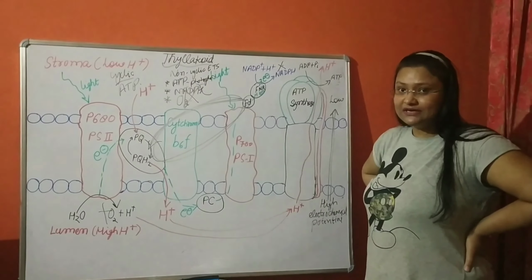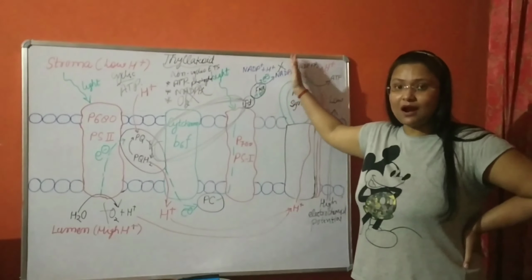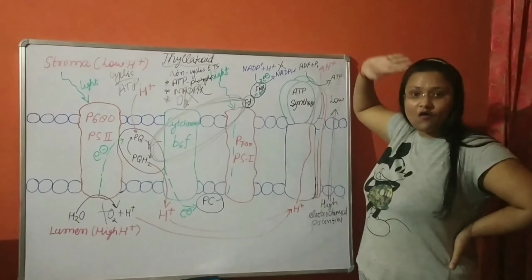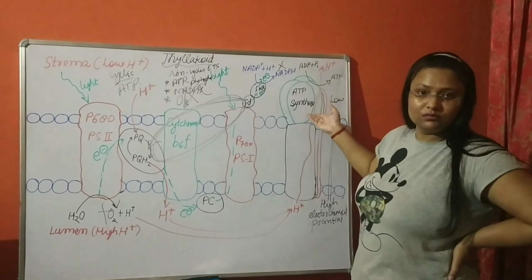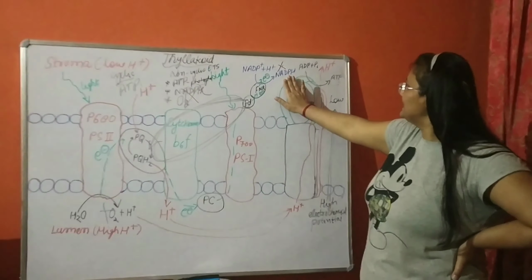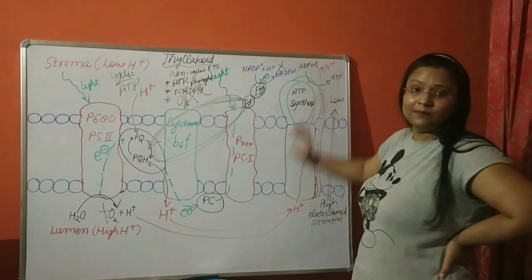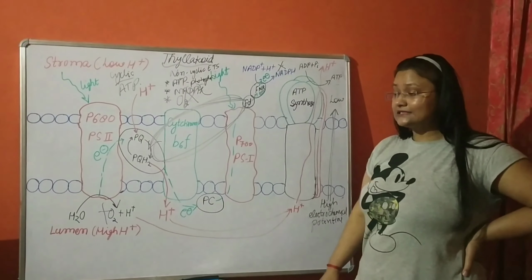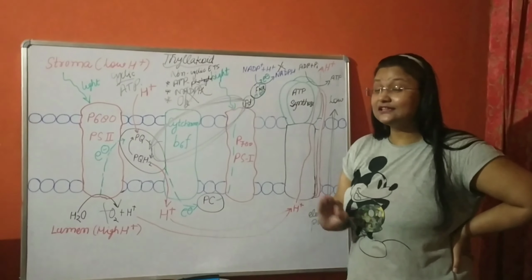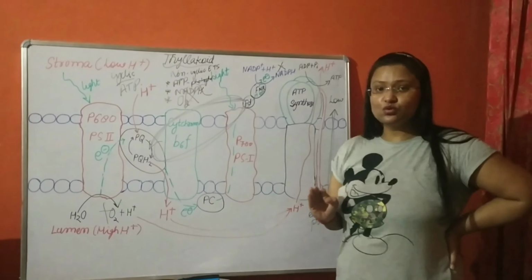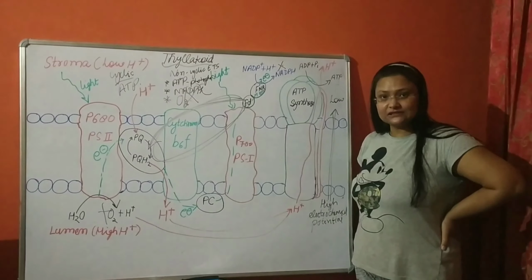So in the next video we will discuss the dark reaction, wherein we need these. If plants are generating ATP and NADPH, then obviously it is for a purpose. Without any purpose, they won't do this much hard work. So we will discuss how exactly these NADPH and these ATPs help in the dark reaction. And in the dark reaction, which occurs in the stroma, we will see how exactly photosynthate is formed. Photosynthate means the glucose, the carbohydrate. Right? So that's about the light reaction of photosynthesis.